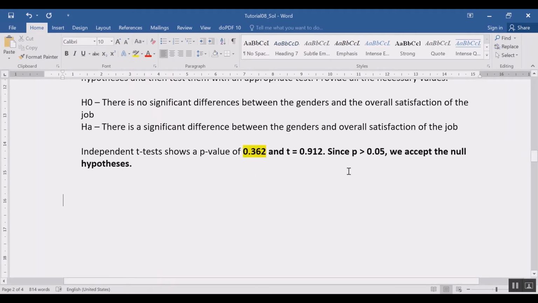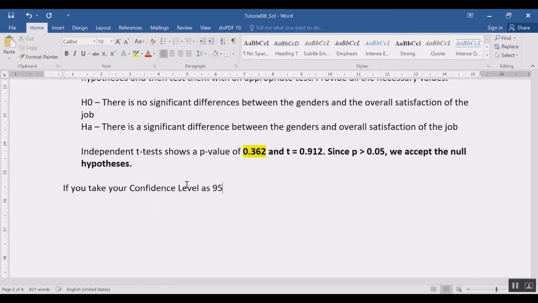So 0.362 is bigger than 0.05, because if you take your confidence level as 95%, my alpha value or critical value, we can call it as 0.05. Okay, so in this case, because 0.362 is bigger than 0.05, we cannot reject the null hypothesis. So we accept